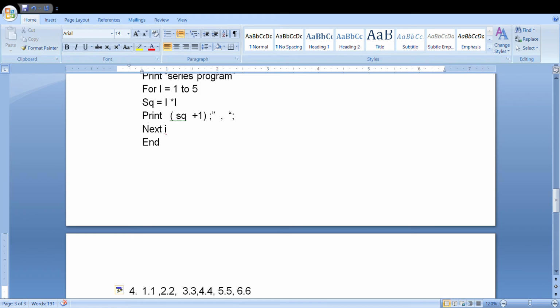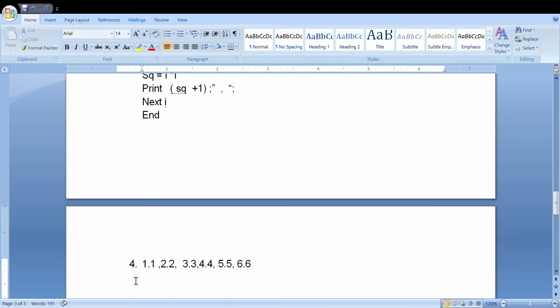Now here, if you look at the series, each and every time it is incremented by 1.1. So here remark,